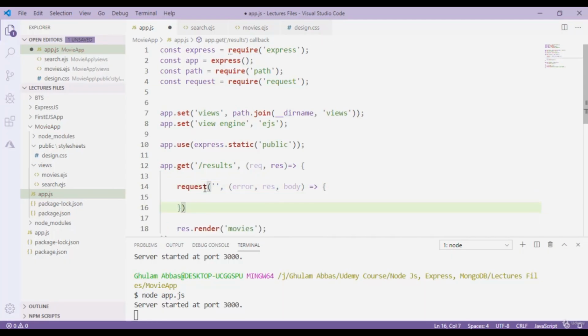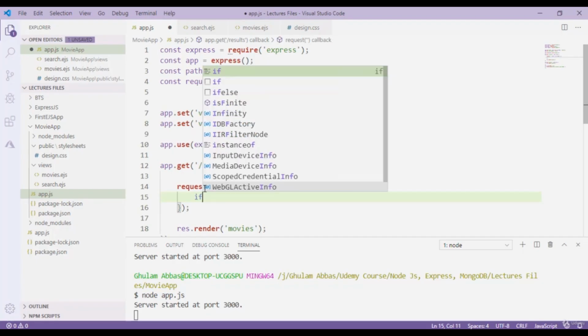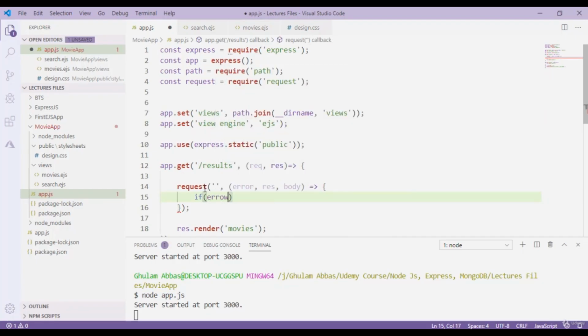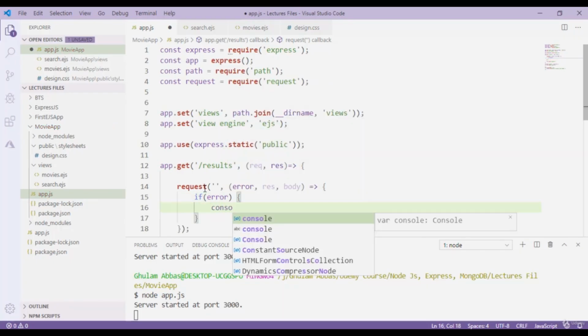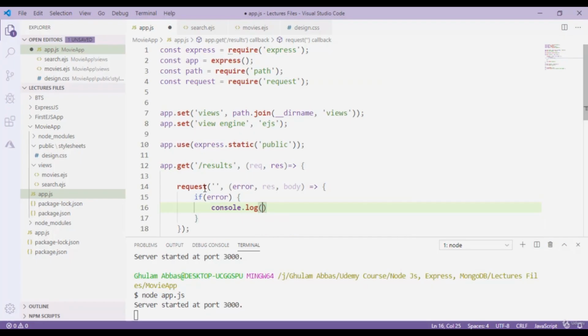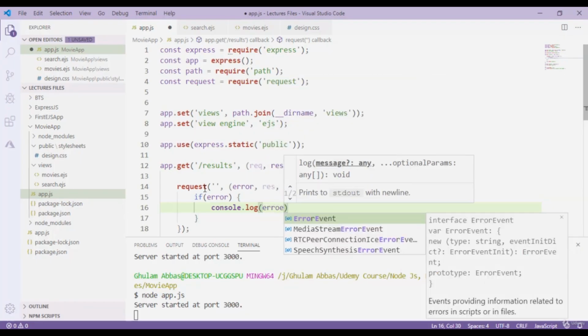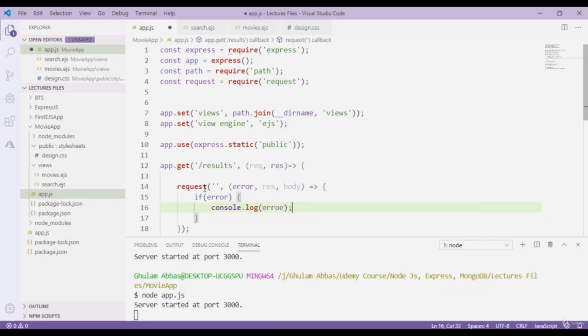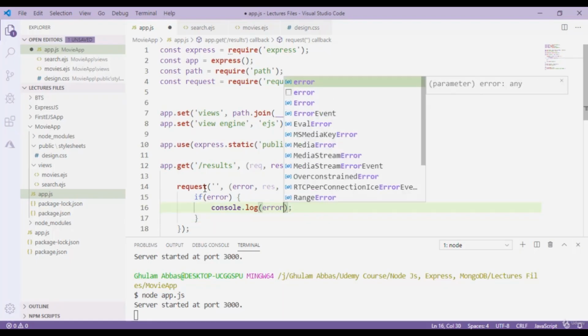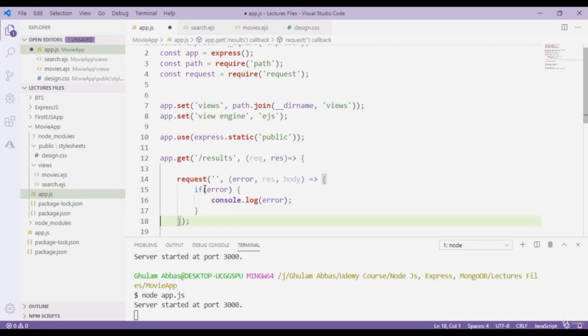Okay, so first of all we check if there is some error, then we will simply type here console.log the error, otherwise we will move on and